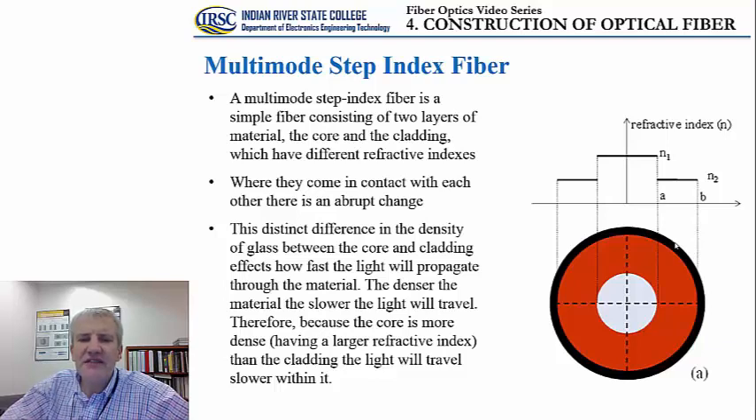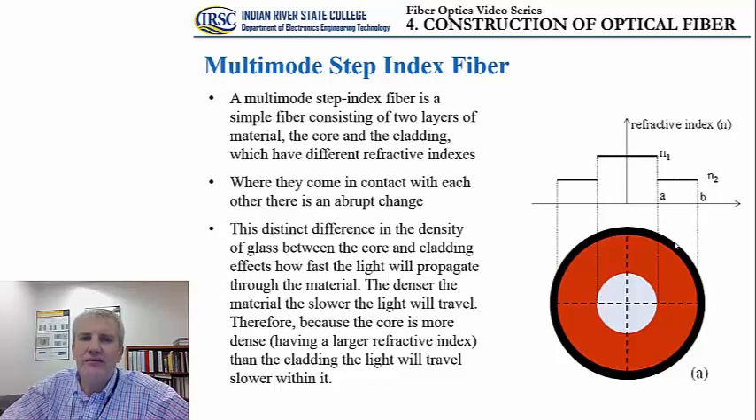This distinct difference in the density of glass between the core and cladding affects how fast the light will propagate through either core or cladding. The denser the material, the slower the light is going to travel. That's directly related to the index of refraction. In other words, the core, since it is optically more dense, has a larger index of refraction. The light is going to travel at a slower speed in the core